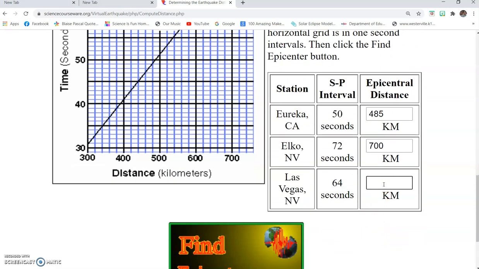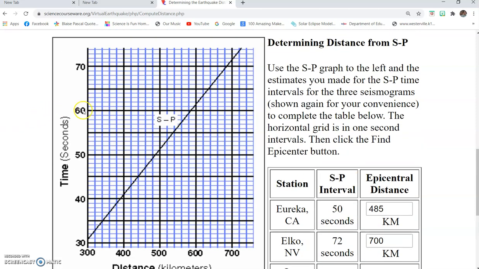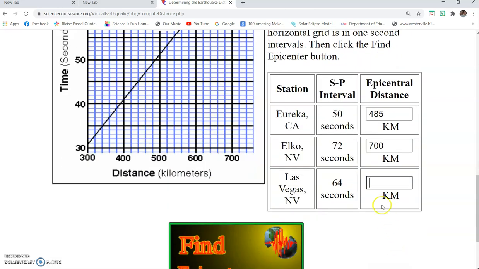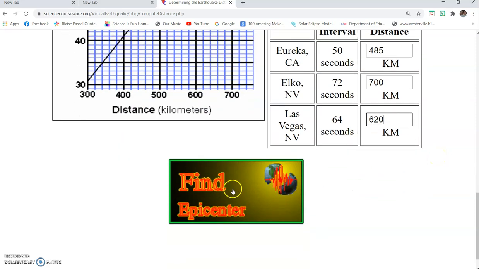And for the third seismic station, Las Vegas, the estimated SP interval is 64 seconds. The epicentral distance will be at 620 kilometers. So again, after you've identified the epicentral distance, click Find Epicenter.